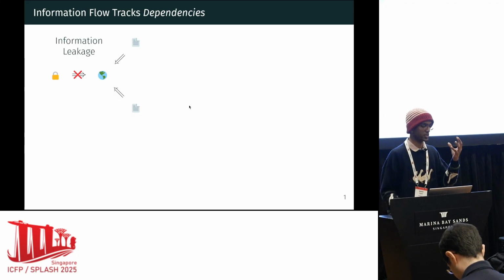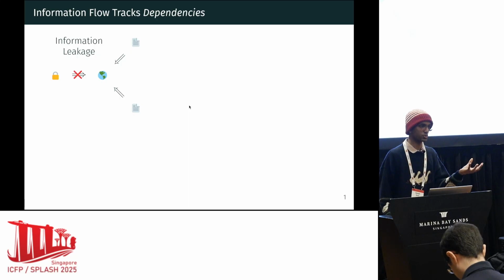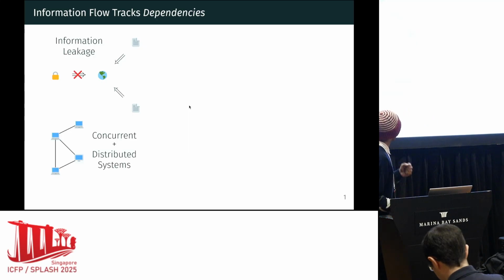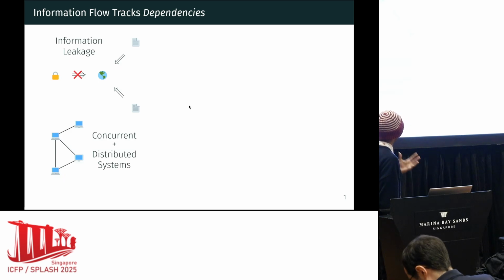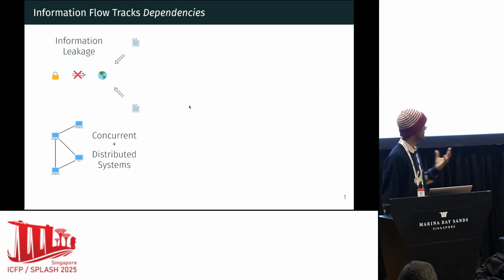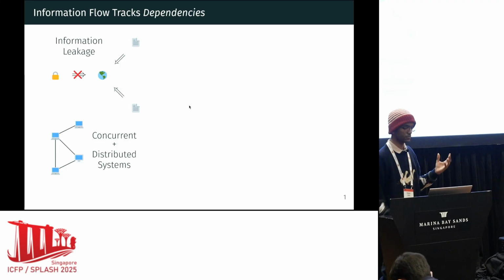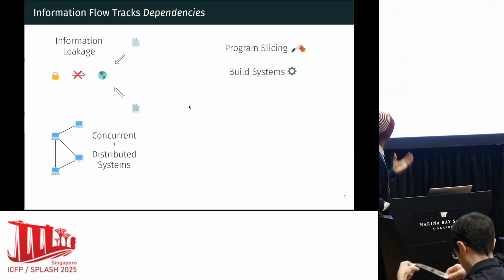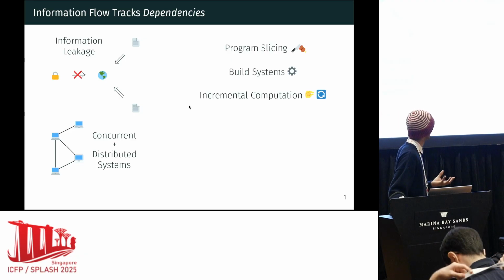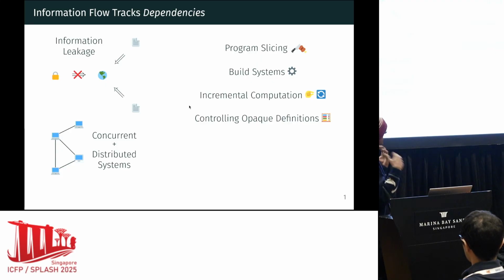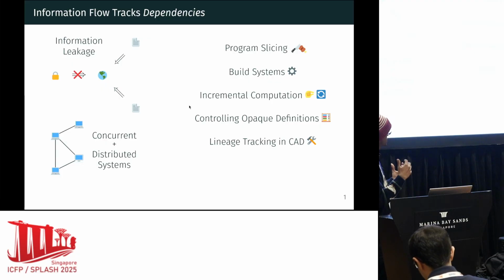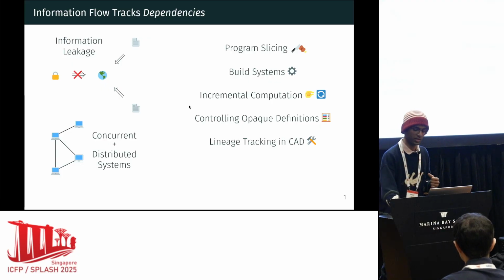Because I want to say that computations that depend on password information are not allowed to leak things to the internet, or they're not allowed to print things, right? But it's also useful for these data provenance and separation properties are also super useful for things like concurrent and distributed systems, right? And also for program slicing and build systems and incremental computation, and surprisingly controlling unfolding in dependent type theory. And also, I found out 2 days ago, lineage tracking in CAD kernels,